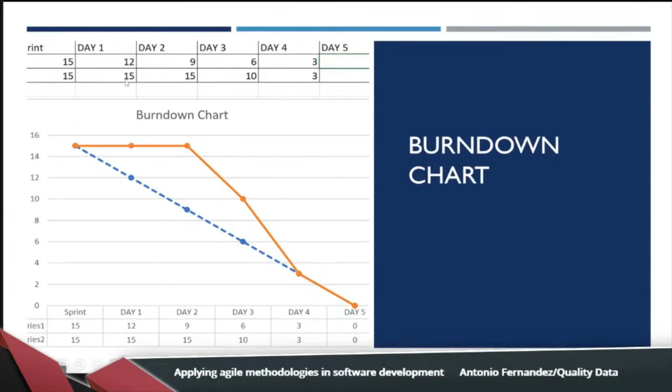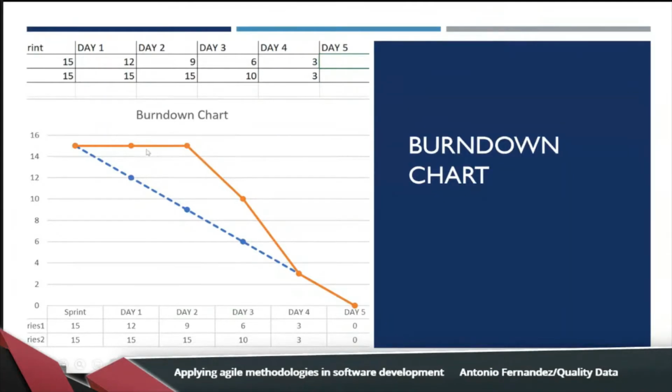Every day we need to hold a daily meeting for monitoring and control. It's normal that on the first day we have not completed any story point, because in the morning we hold the meeting, and maybe this monitoring and control meeting is in the afternoon, and maybe the team does not have enough time to complete anything in less than 1 day. But on day 2, we have a problem, or we can have a problem here.